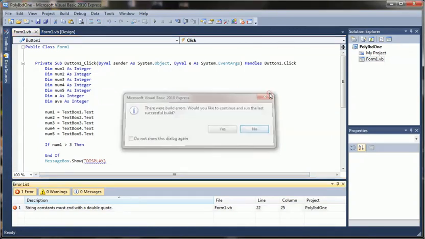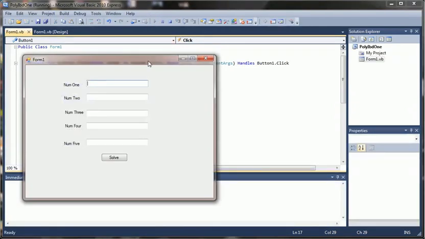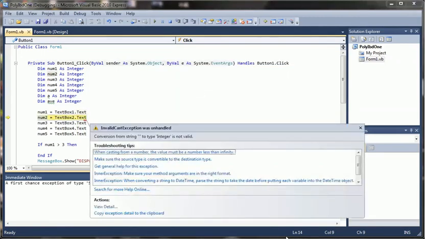Okay, I have an issue here. It should be a double quotation mark. So that was what I was having an error. So let me run this again and see. So now you can see. So this first text box is my num1. So let me type 1 and see what's gonna happen. You can see there is no output. So if what is here is greater than 3,